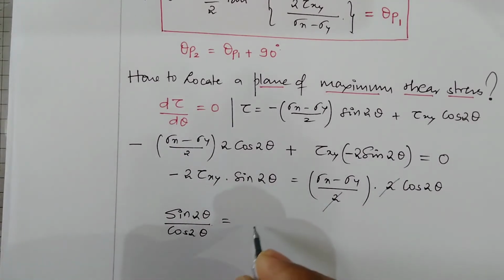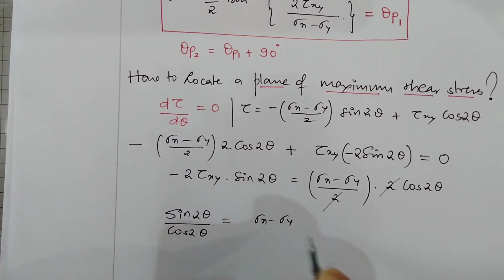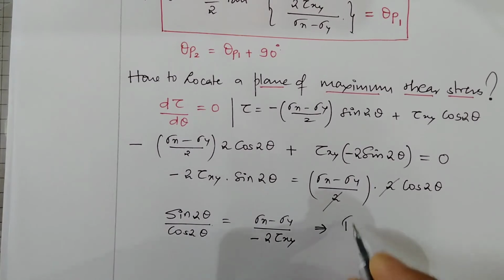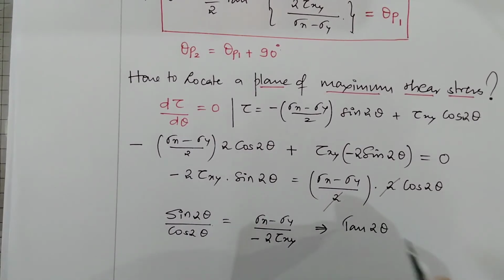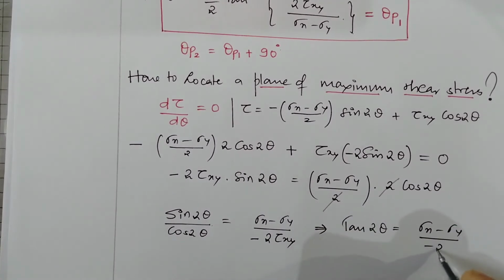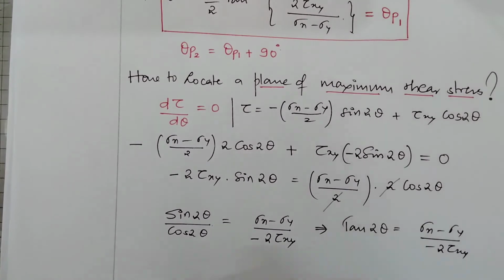Now it becomes sigma x minus sigma y divided by minus 2 tau xy, right? So this is sine divided by cos. It gives me tan 2 theta is equal to sigma x minus sigma y divided by minus 2 tau xy,